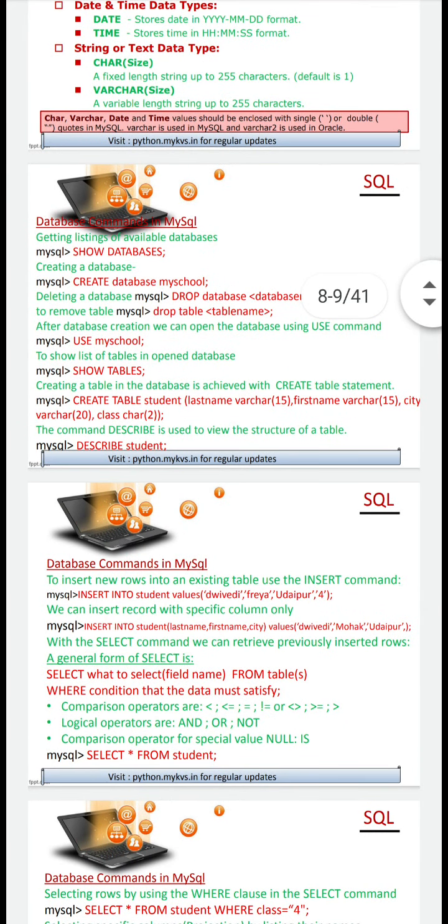Now after writing down the create table command, you can see the contents of your table. So contents, or you can say that the various parts of your table, that means the columns, the size of that individual column, and the data type. So you'll write describe command. So you can write the describe command just by writing down DESC, or you can write the full describe and the name of the table.